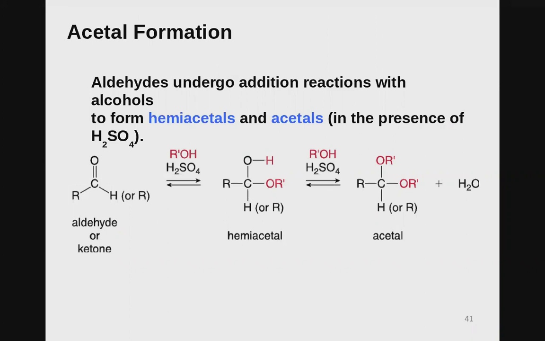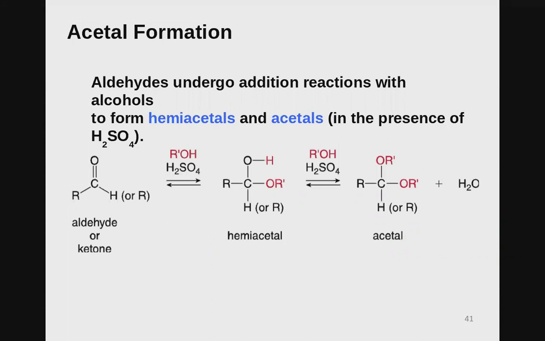Now, aldehydes can actually undergo addition reactions with alcohols to form what we call hemiacetals and acetals. This happens in the presence of sulfuric acid. In this case, we have an aldehyde or a ketone. It reacts with an ROH, just being an alcohol, in the presence of sulfuric acid. We first form a hemiacetal, and you can see the similarity in geometry here, right? We broke this double